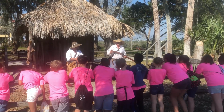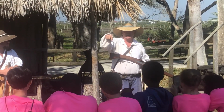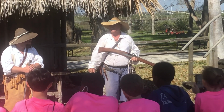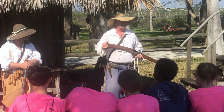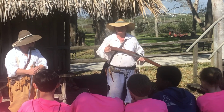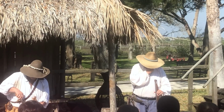This is the type of firearm a lot of Pedro Menendez's soldiers had when he arrives on our site in September of 1565. Now, smoothbore means there's no rifling inside her barrel. Therefore, she is only accurate up to about 45, 50 yards. Don't get me wrong, the ball will travel farther than that. You can punch a hole in an individual over 100 yards away. Now, it's a volley fire weapon. When these weapons were initially designed in Europe, they were...